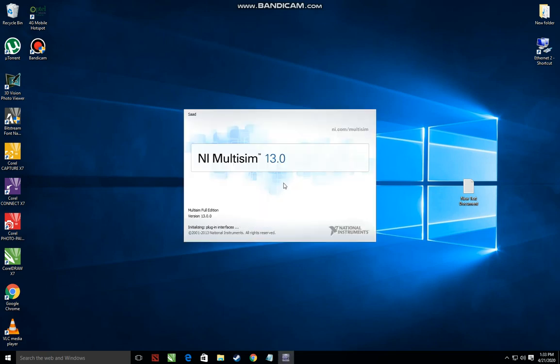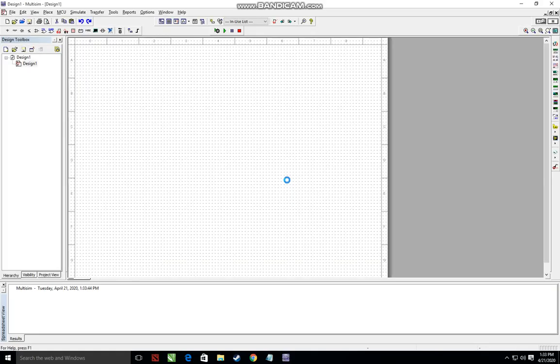Actually, this software is very useful for the technical side because they can perform their practicals, especially electronics and electrical, as well as it is fruitful for computer students. So this is the desktop of the software. You can see there are a number of options. I'm not going to describe the whole software, but very small things, so you can see how a circuit works. Right click on the desktop page.